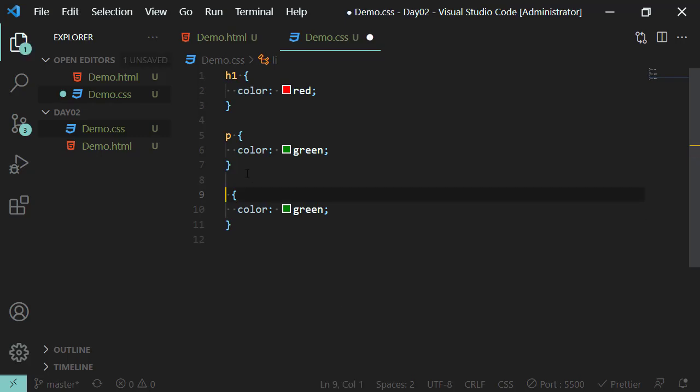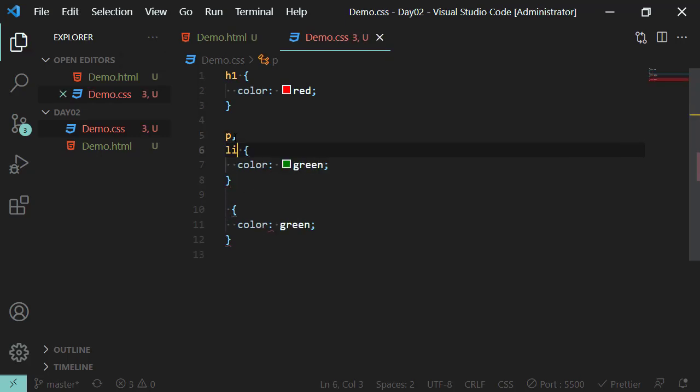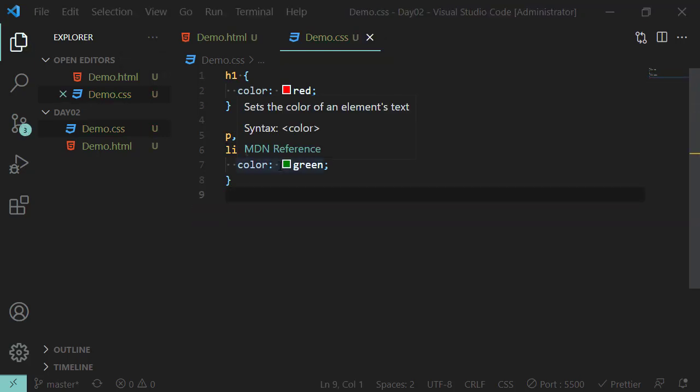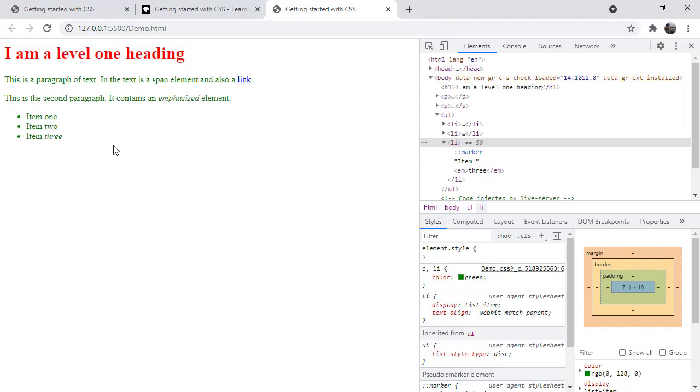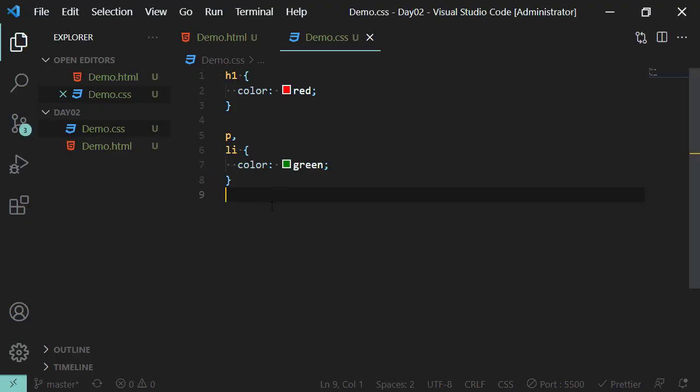I'm going to cut this. I'm going to put a comma here, and I'm going to put an li, right? And when I do that, the effect of putting those two together, separating with a comma, is the same as creating two separate elements. The reason you should prefer this over the previous one is because you don't want to do a lot of repetition. You should do repetition only in cases where you want to do something more specific,